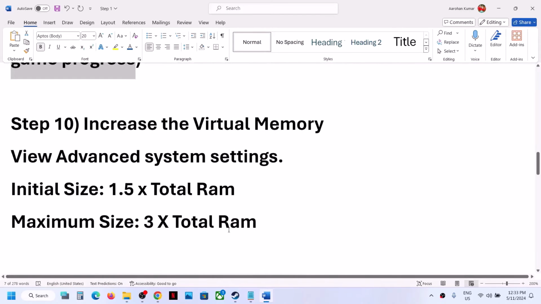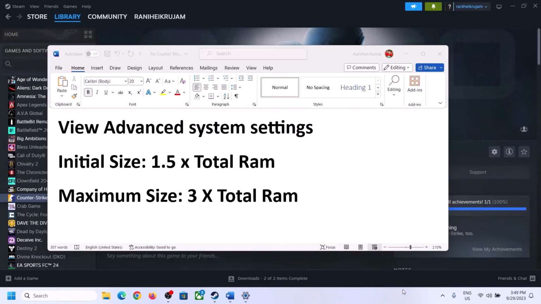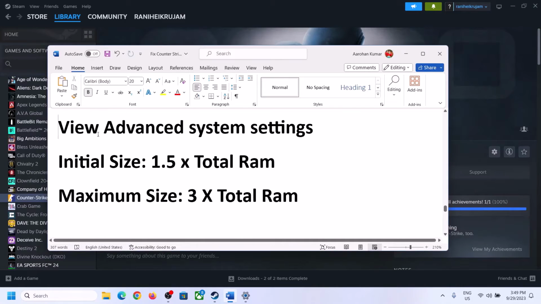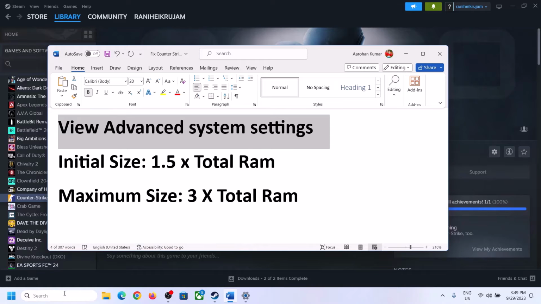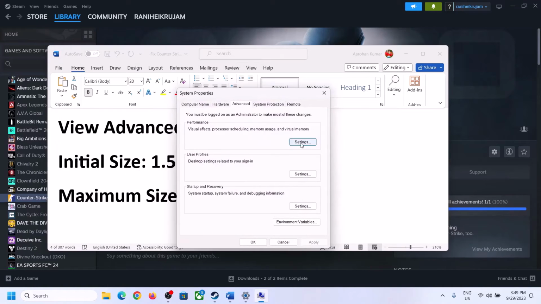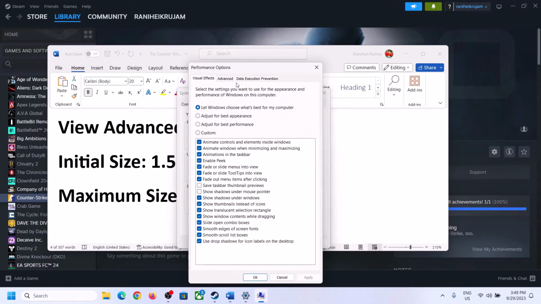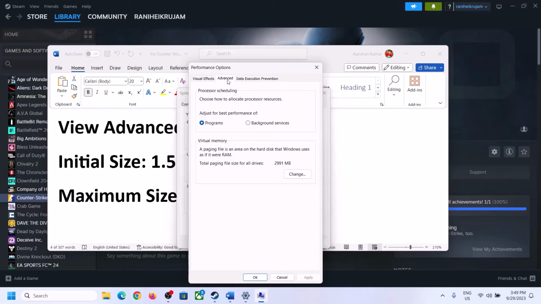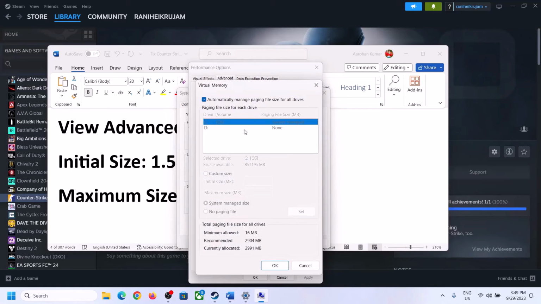The next step is to increase the virtual memory. So to increase the virtual memory, type in view advanced system settings in Windows search box and then click on view advanced system settings and then click on the first settings and then go to advanced tab and then click on change. Over here select the drive. So uncheck the box which says automatically manage paging file size for all drives. Uncheck this box and select the drive where the game is installed. So select the drive and then once you select the right drive, now put a check on custom size, and